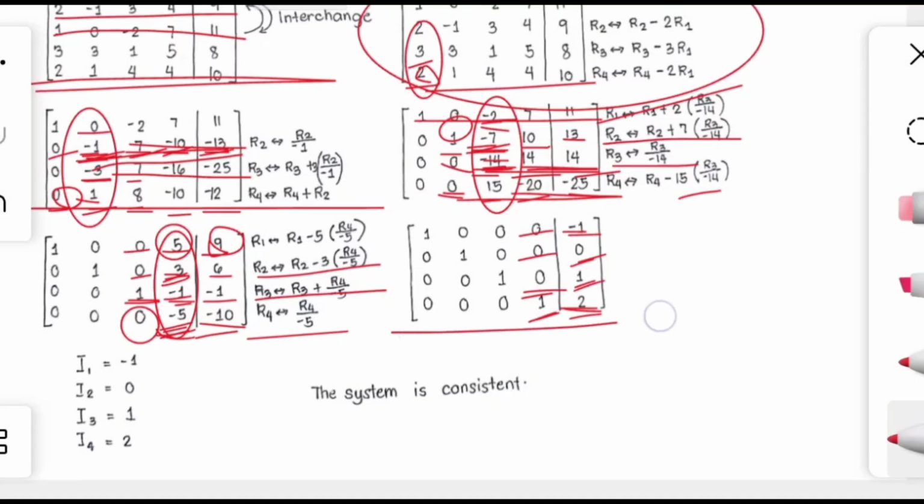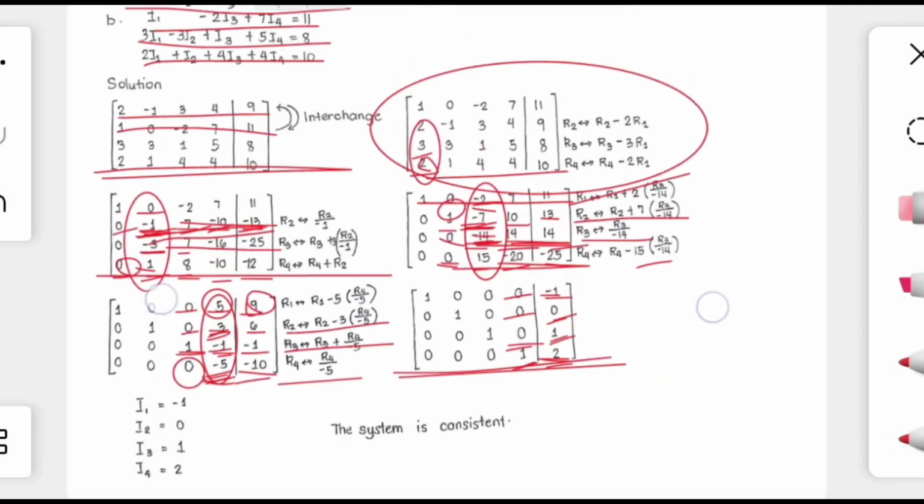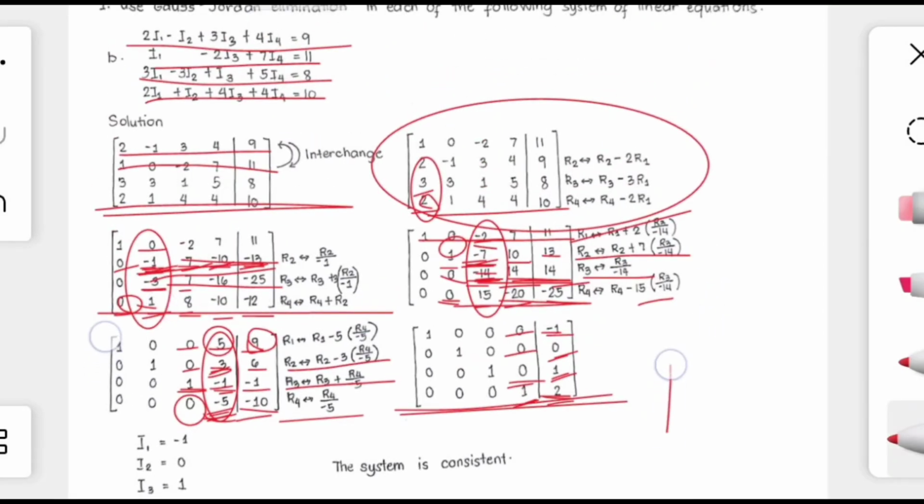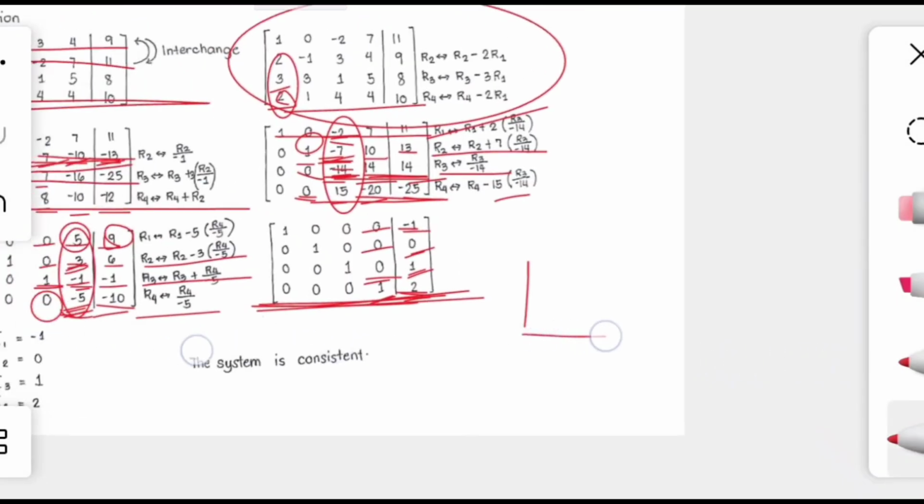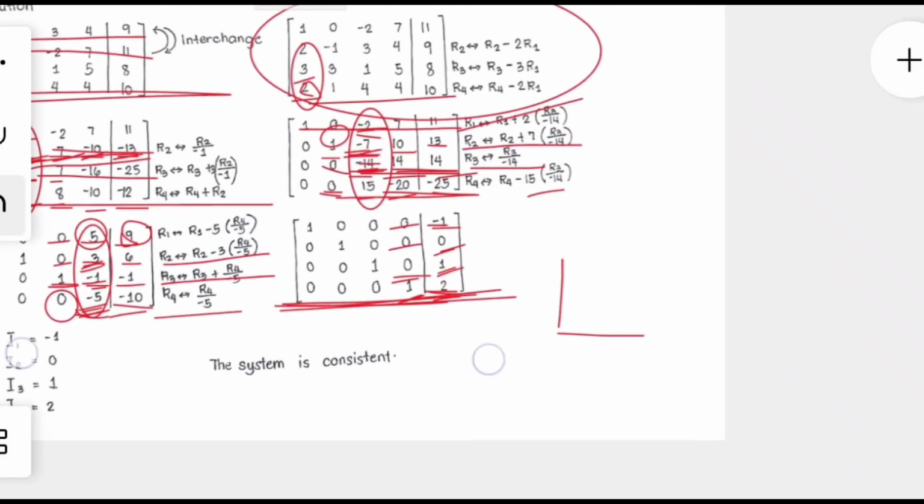So hence, this is our final matrix using the Gauss-Jordan elimination. And then, converting back to a system of linear equations, we have this. Since we have this, in the result of this Gauss-Jordan elimination, we can just convert that into linear equations. So we have here